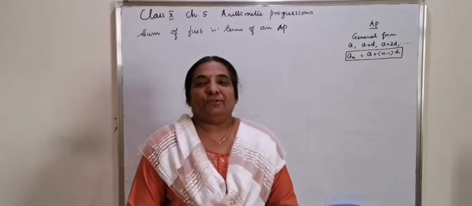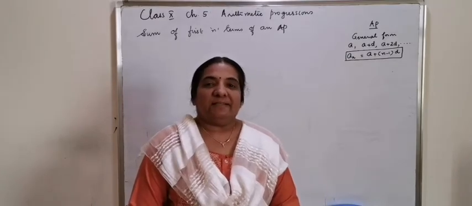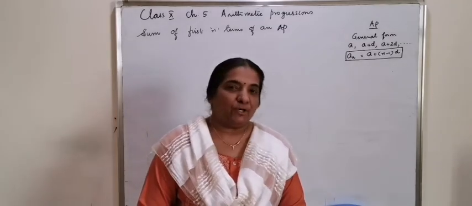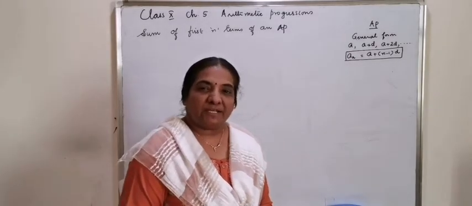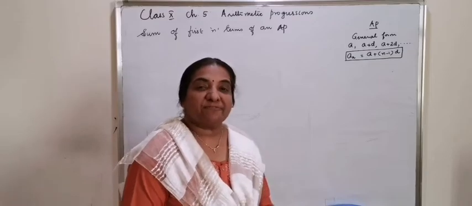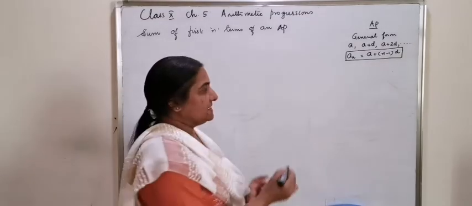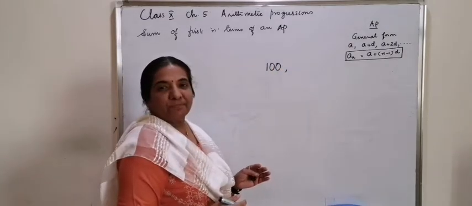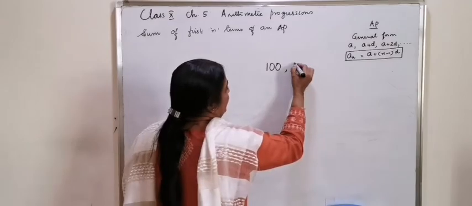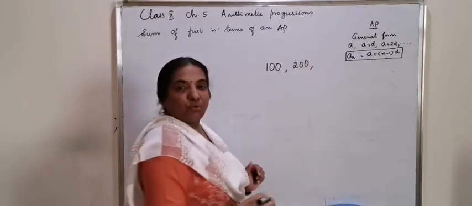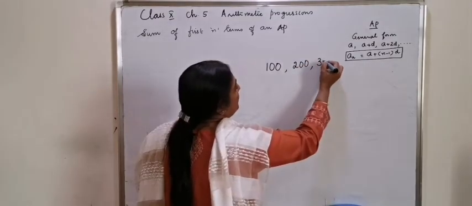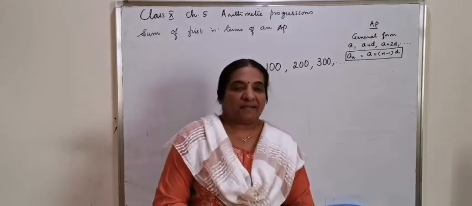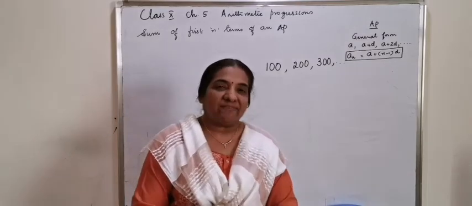Imagine that you have the habit of saving the money you receive every year as the birthday gift from your parents. And your parents make it a fixed amount every year: the first year when you are 1 year old, 100 rupees. Then the second year, 200 rupees. Third year, 300 rupees, and so on. And you are collecting the amount and you are saving it.